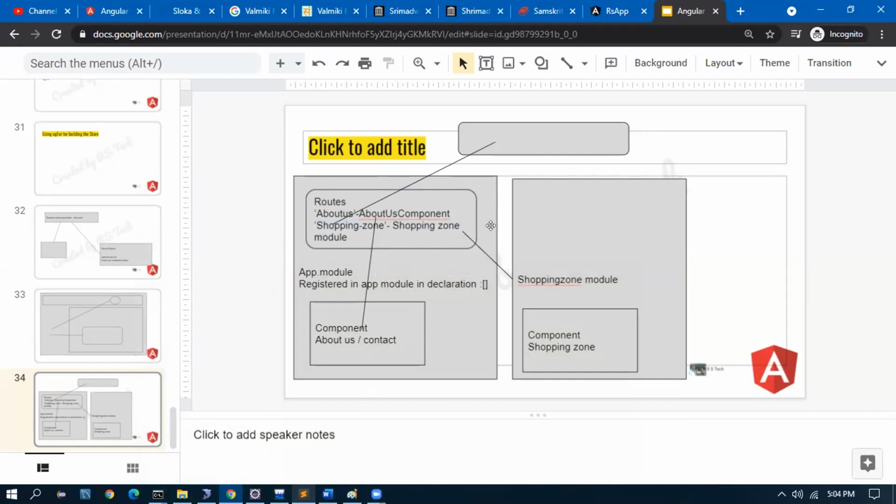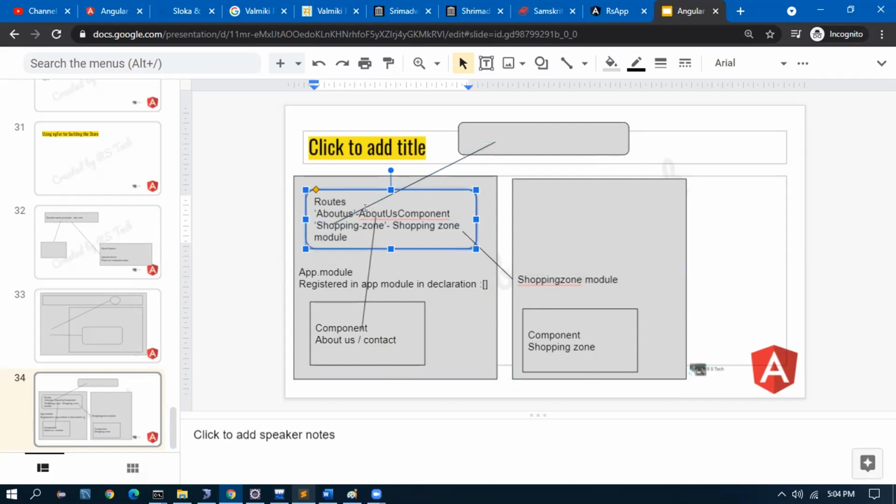Think that this guy is one PM and this guy is another PM. I will tell you, Rajesh. Here, the about us component is there, right? In the route, that about us component goes to app.module.ts. For the shopping zone, in the route we gave the shopping zone module.